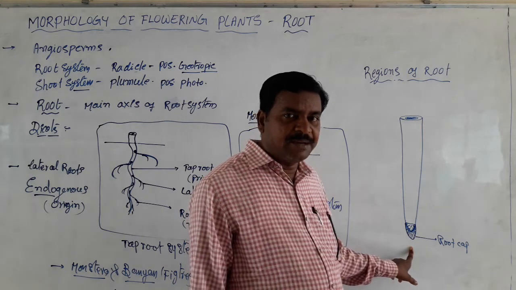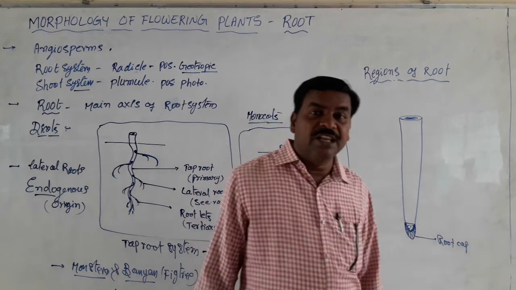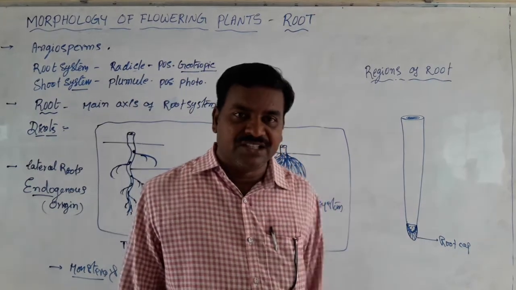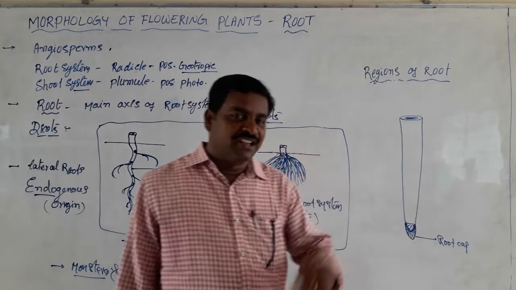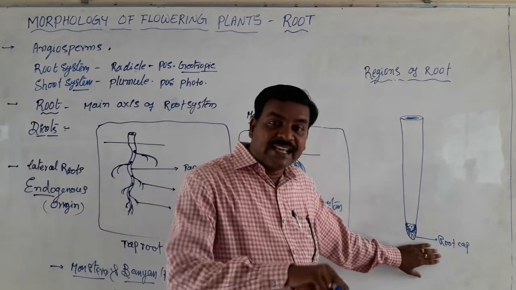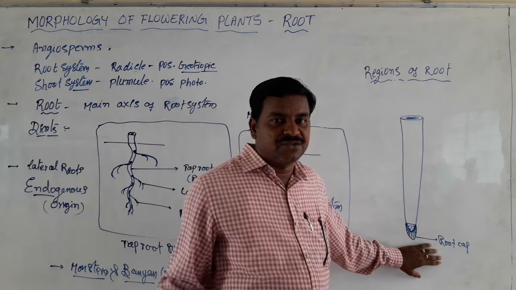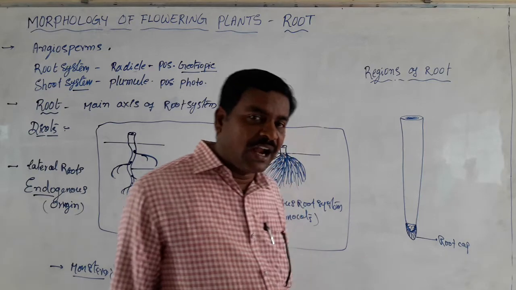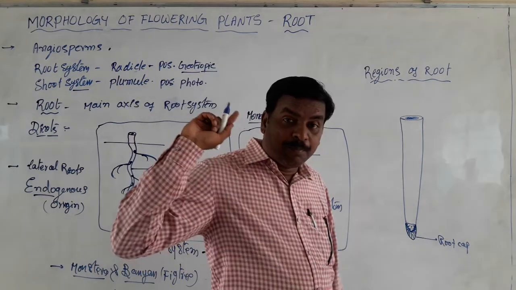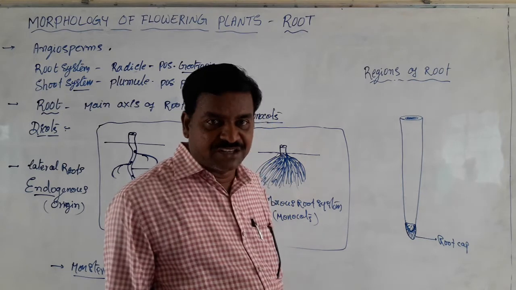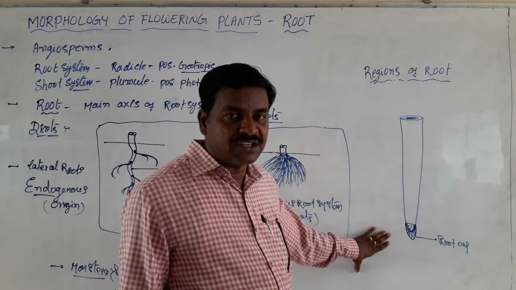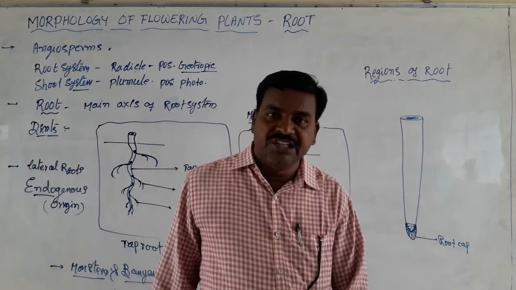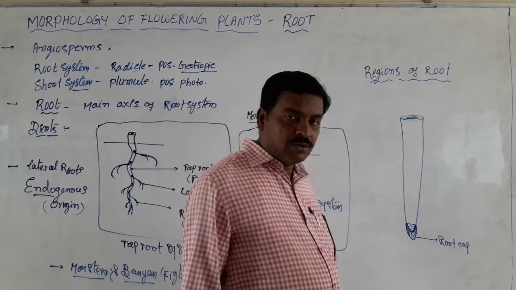At the same time, this root cap is replaced by root pockets in the case of some free floating hydrophytes like Pistia and Eichhornia. Caps are present in terrestrial plants, meaning land plants. Pockets are present in free floating hydrophytes like Pistia and Eichhornia. They are balancing in function, while the cap is protection in function. Anyhow, the actively growing root tip is covered by a thimble-like protecting sheath. Such a sheath is called the root cap.